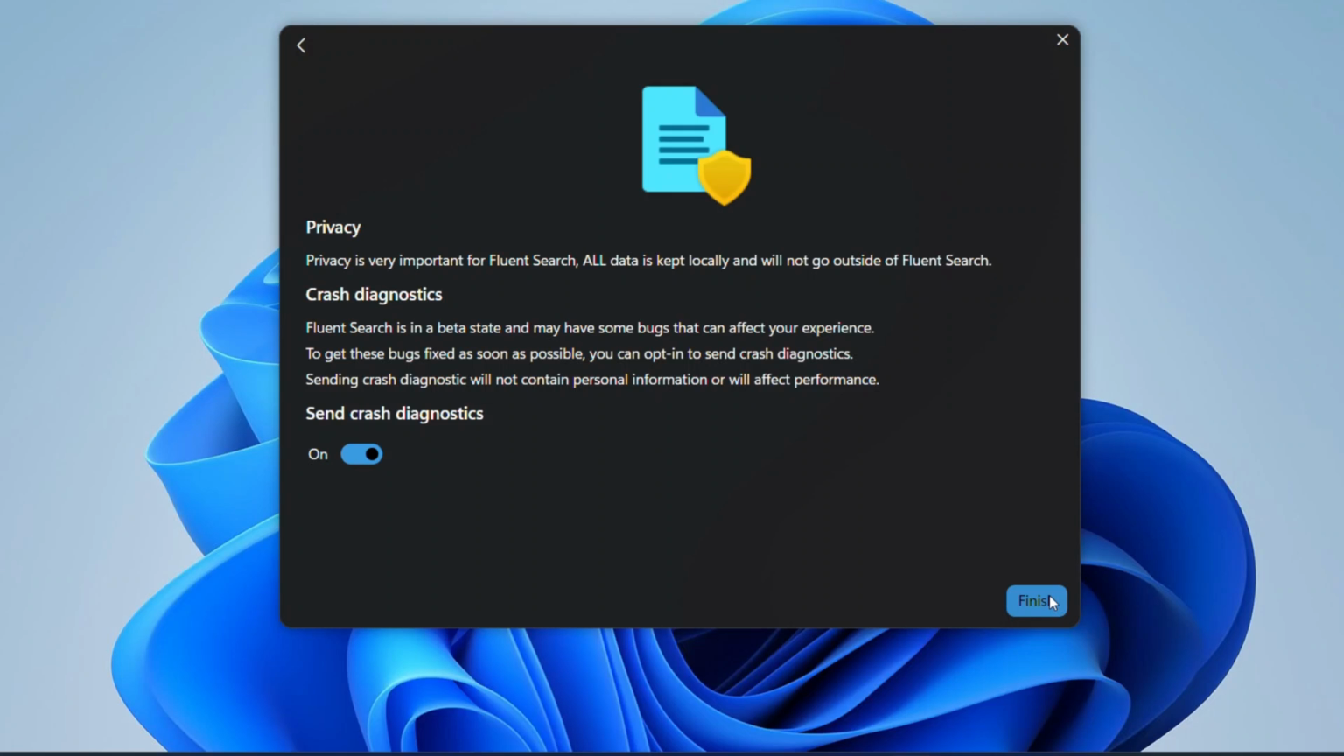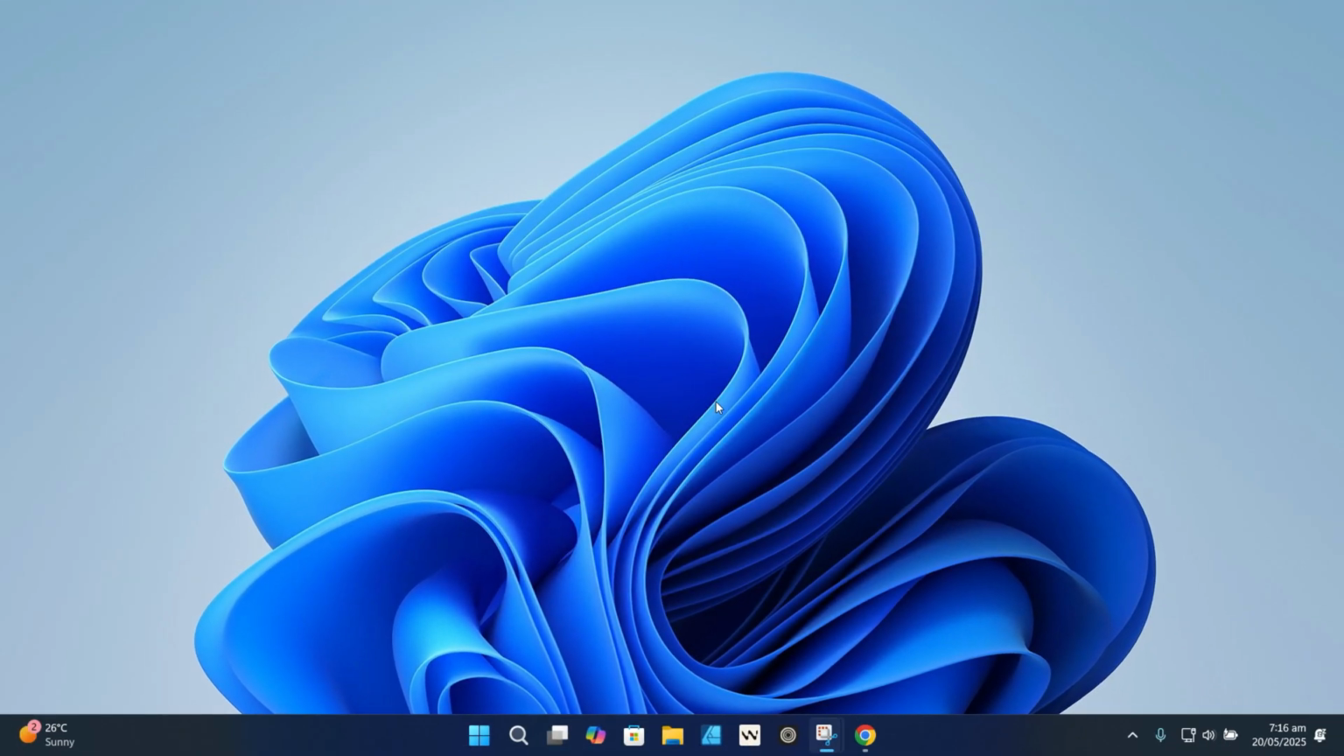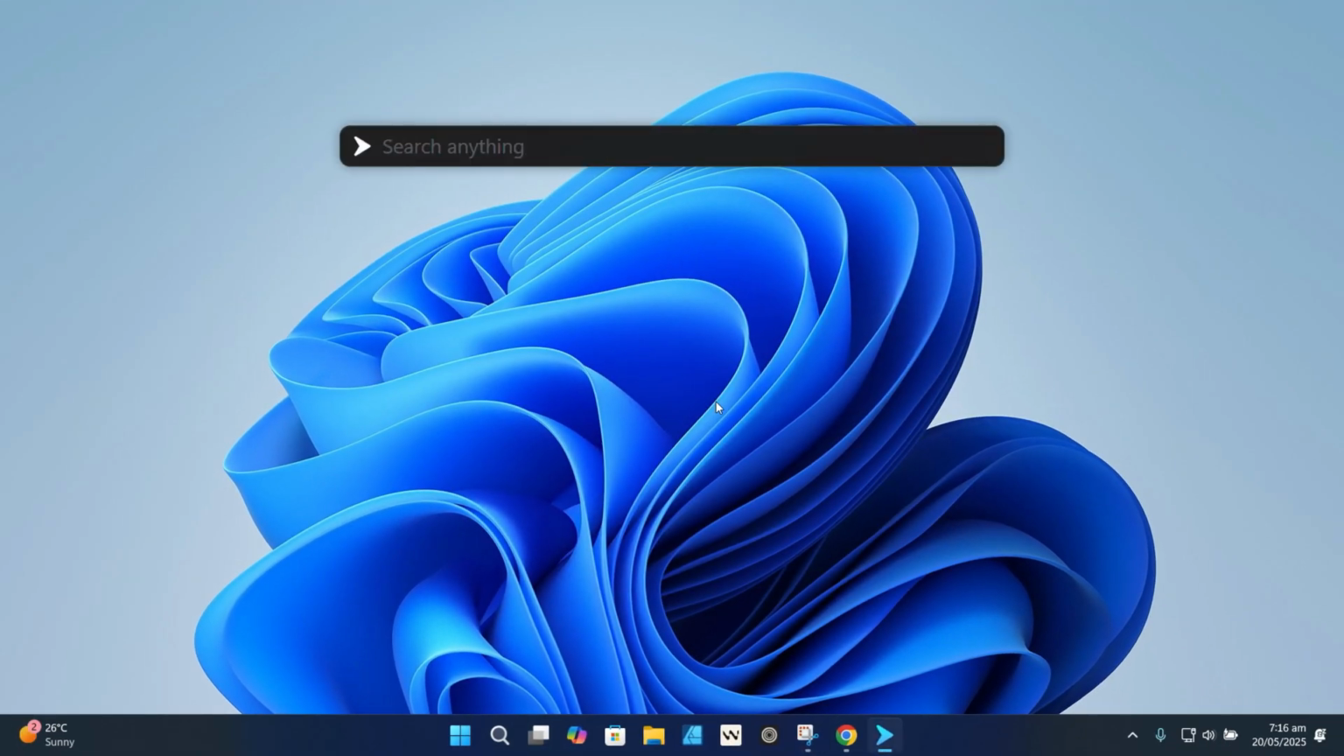So, like I said earlier, considering how Fluent Search is privacy respecting, as you can see here, everything stays local. Fluent Search does not send your data to the cloud. However, it does ask to send crash diagnostics to the developer, but you can totally opt out of that in the settings. So now that it's installed, let me show you what Fluent Search can actually do and how it